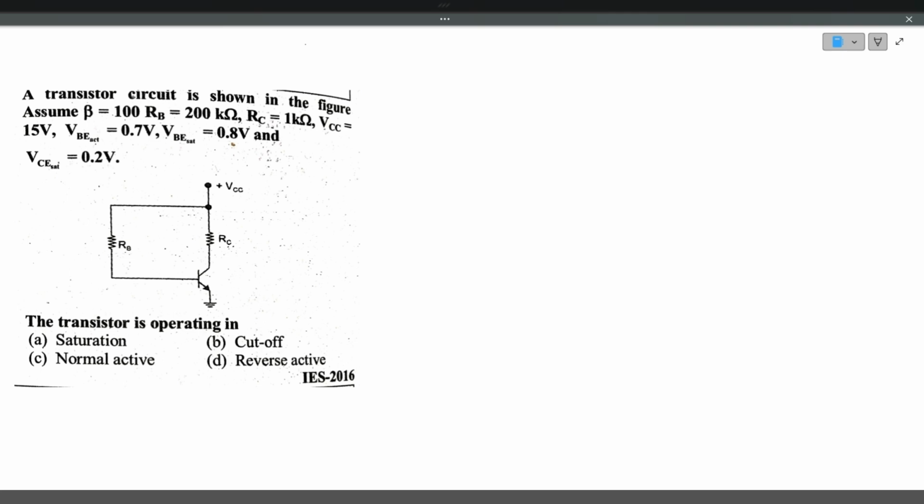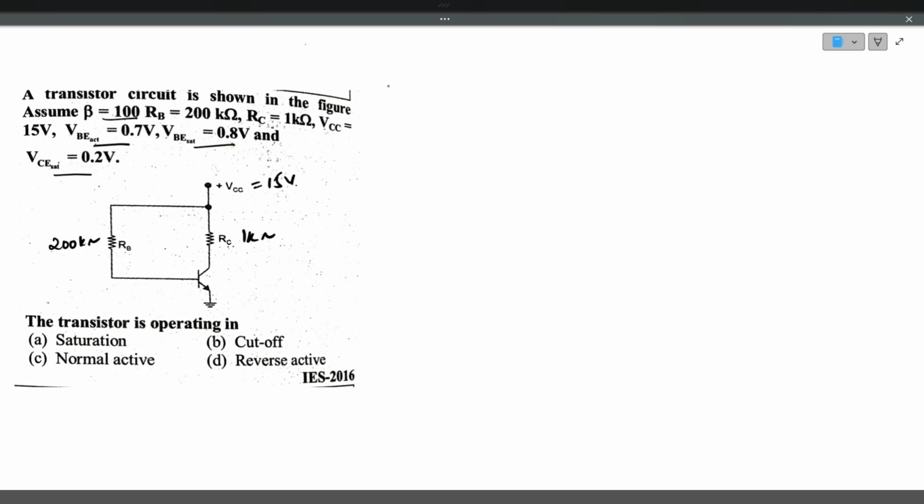Let's see the question. A transistor circuit is shown in the figure. Assuming beta is equal to 100. Beta value is 100, base resistance is 200 kilo ohms, collector resistance is 1 kilo ohm, VCC is 15 volts. He has given VBE saturation is 0.7 and VCE saturation is 0.2. VBE active is 0.7, VBE saturation is 0.8. Now the transistor is operating